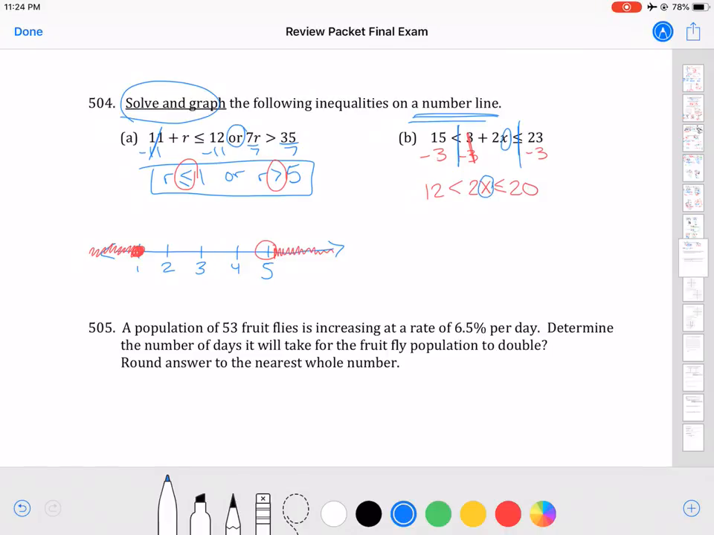So now same idea, trying to get that x by itself. I need to get rid of the 2. 2 is being multiplied to x, so I'm going to divide all 3 portions of this by 2. And the 2's are going to cancel out in the middle, leaving me with an x. Those symbols all carry down. On the right side, 20 divided by 2 is 10, and on the left side, 12 divided by 2 is 6. So I'm going to put this on a number line, making sure I have a 6 and a 10